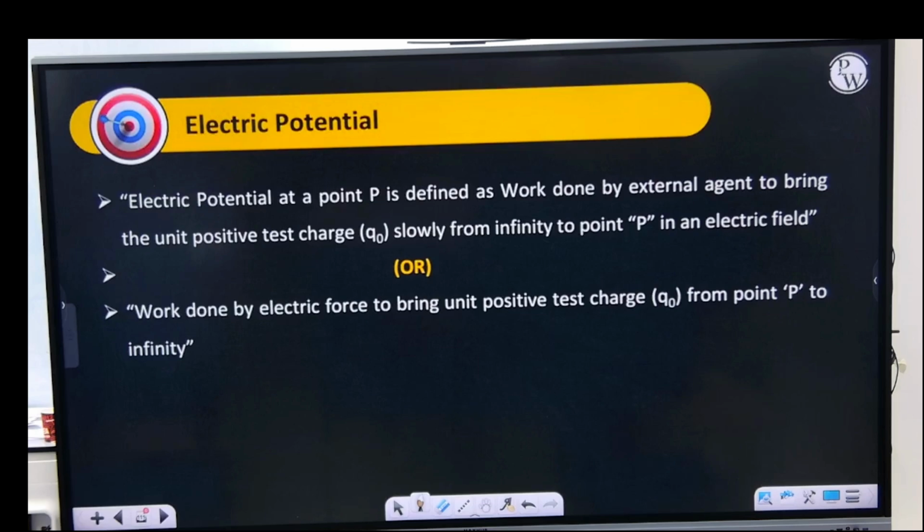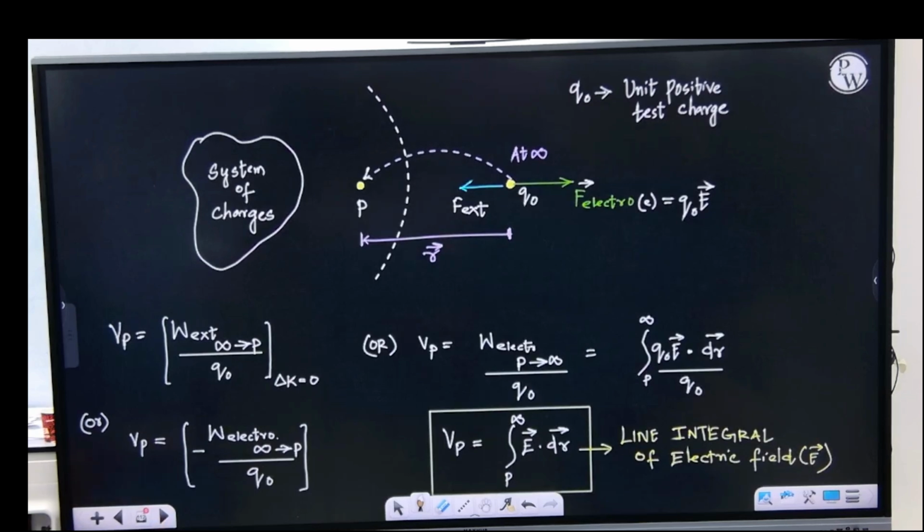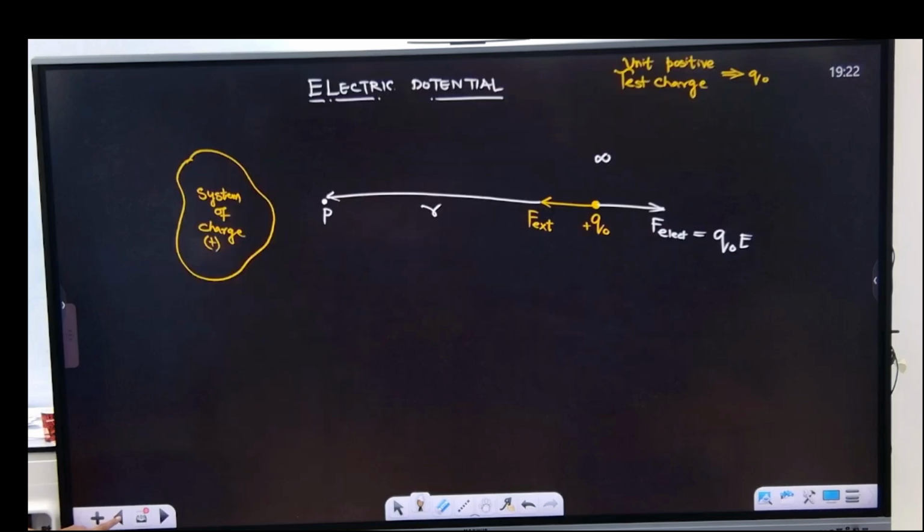Done this one? Good? You also write, good? Should I write that one or this one? The one you wrote is fine. Okay, so you draw the diagram first. Can you show this, electric potential almost? One second.